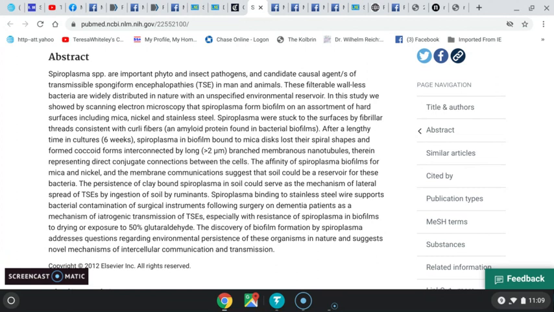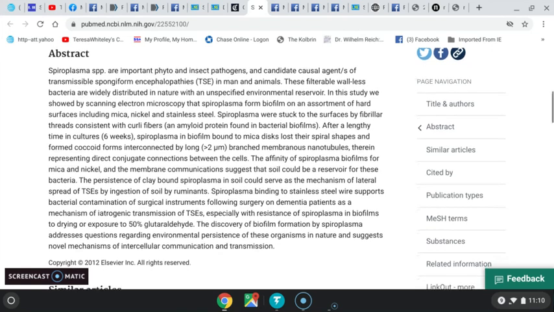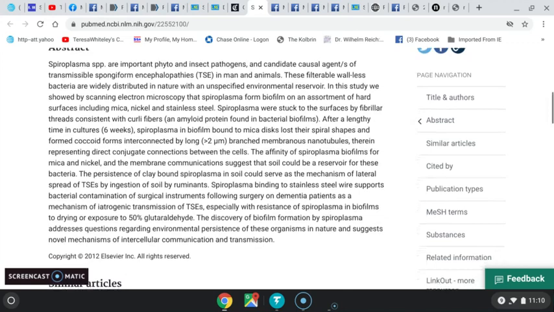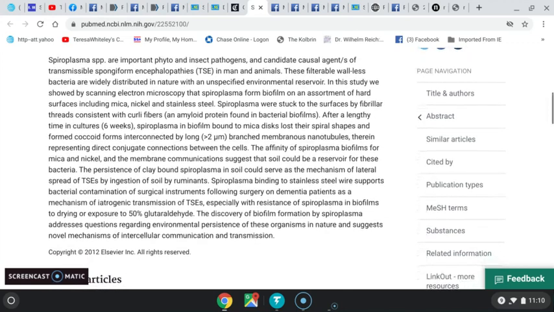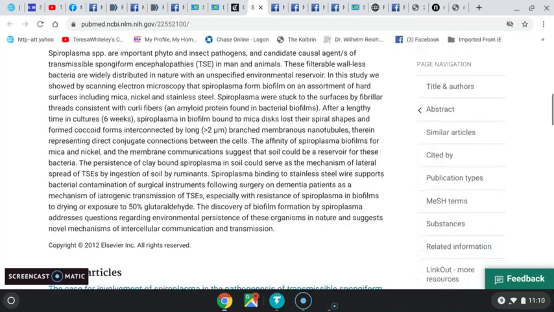Like I say, transmissible spongiform encephalopathies in man and animals. It's the candidate causal agent of. These filterable wall-less bacteria are widely distributed in nature with an unspecified environmental reservoir. In this study, we showed that by scanning electron microscopy,